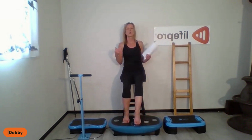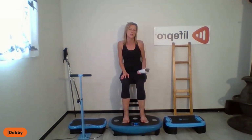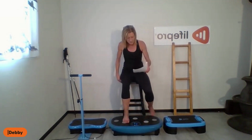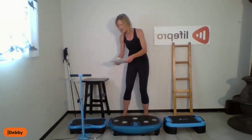So this is a good way to start if you are dealing with poor mobility and you're not able to stand for long periods or you fatigue easily. This may be as far as you want to go. For the rest of you that are working on balance, but you're a little more stable, you're comfortable standing on the machine, but you don't want to do anything too crazy yet, the next progression from sitting would be,